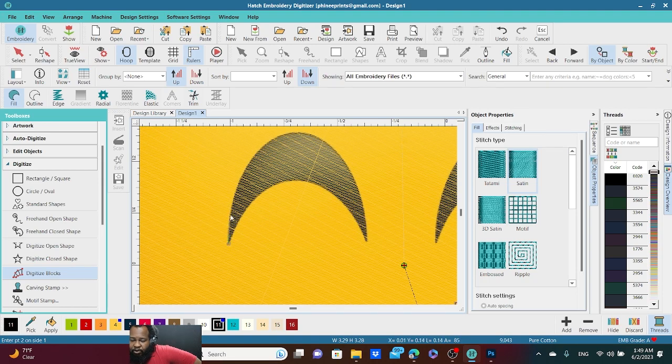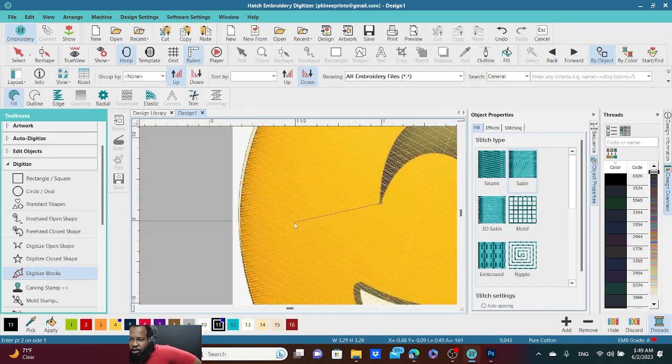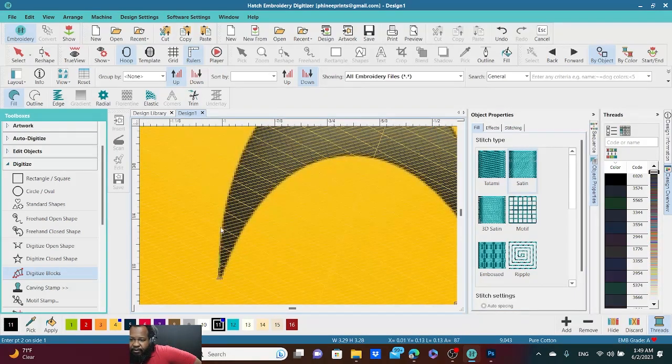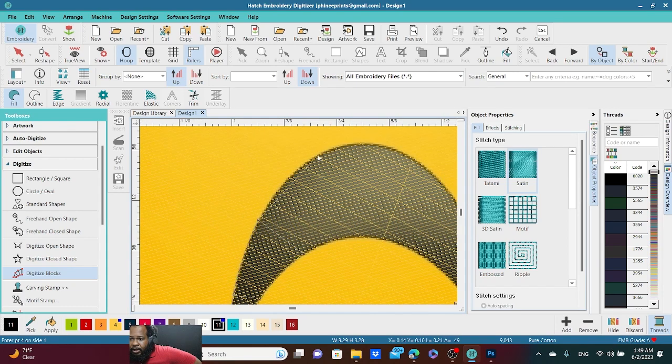And see, we doing the blocks. All right, we're not doing the open shape, closed shape. So we have to build this thing. We got to go to the right side, to the left side, to the right side, to the left side, to the right side, to the left side, and we got to click. But this is curve, so we're doing right click, right click, right click, right click...